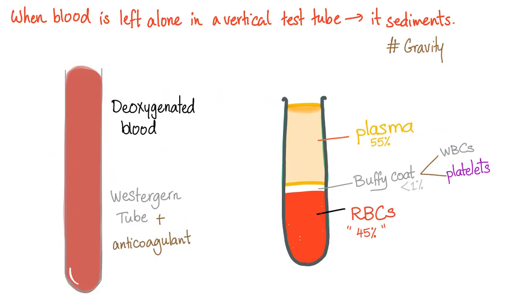What happens when you leave blood in a test tube? It sediments. It's called gravity. This is the blood we get from the vein, and this tube is called Westergren tube. And we add an anticoagulant, because what's the use otherwise? When you leave it, it's gonna look like this. 55% of plasma on the top. It's light, it's watery. Then the red blood cells are gonna sediment. They are heavy, increased density, so they are in the bottom. Between the plasma and the red blood cells is the buffy coat layer, very, very thin, and contains white blood cells and platelets. Your red blood cells are in millions. These are thousands. They are teeny, tiny if compared to the red blood cells.